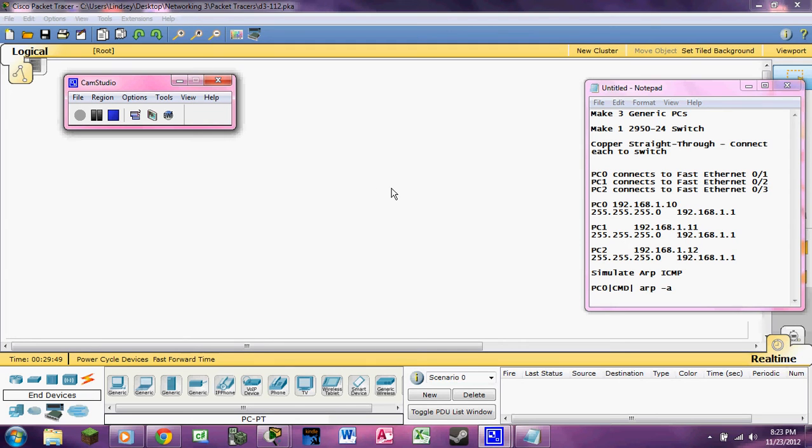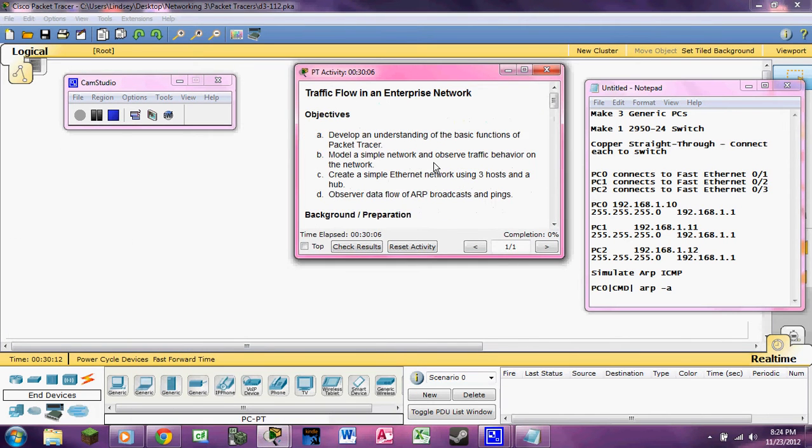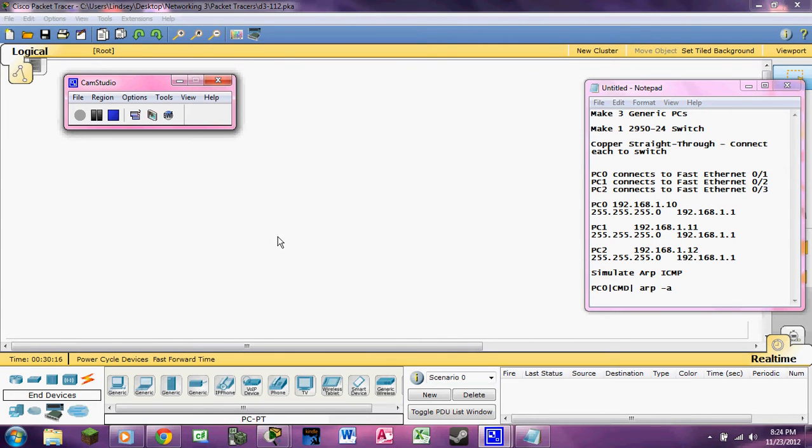Alright, this is Networking 103 and this is Packet Tracer. I'm going to be using this program to make a repository for my Packet Tracer and Cisco experience. And this is the first one, 112. So in this Packet Tracer, which is called Traffic Flow in an Enterprise Network, they want you to first